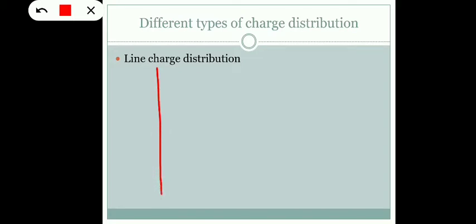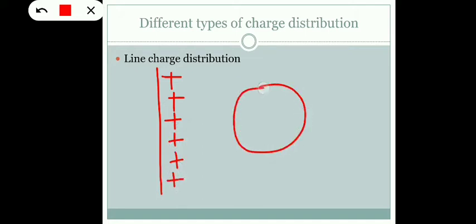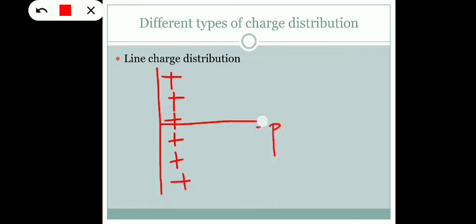See, if charges are uniformly distributed over an infinitely long straight wire like this, it forms a line charge. Also, if charges are distributed over a circular ring like this, it also forms a line charge, because if we cut this circle and stretch it, it exactly looks like a straight wire. And we need to find out the electric field intensity at a point P, distant r from this